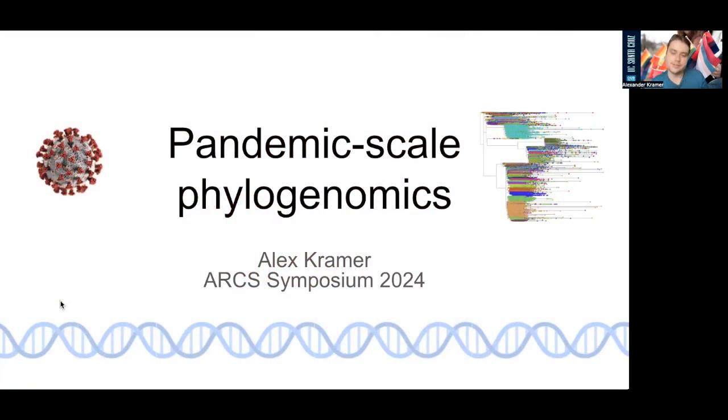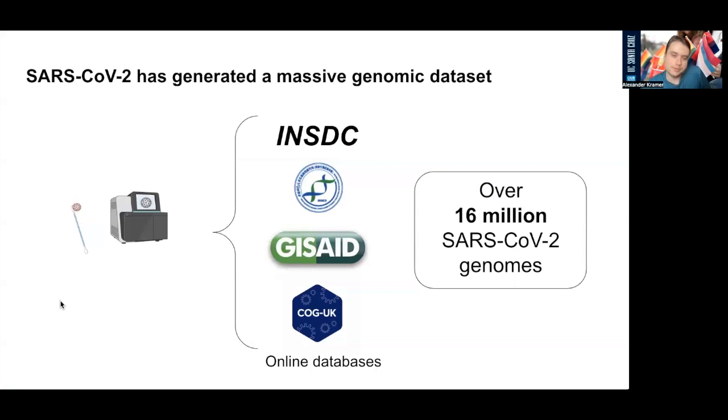So my research focuses on applying computational methods to pathogen genomics at the scale of pandemics. As you're probably aware, SARS-CoV-2 has generated a huge genomic data set. There's been over 16 million SARS-CoV-2 genomes sequenced and assembled that are now available online. With this huge data set, a number of computational challenges arise just due to the sheer volume. So what my lab focuses on is how to apply high-performance computational techniques in order to process this huge